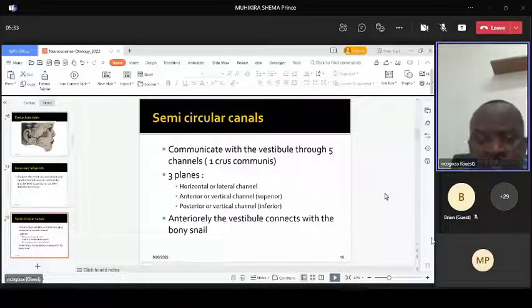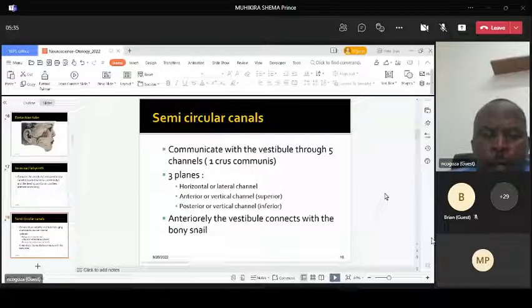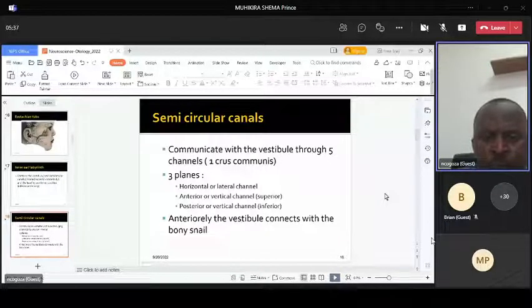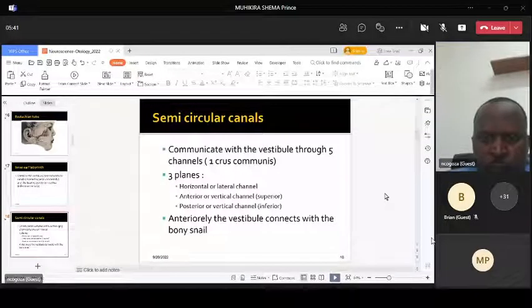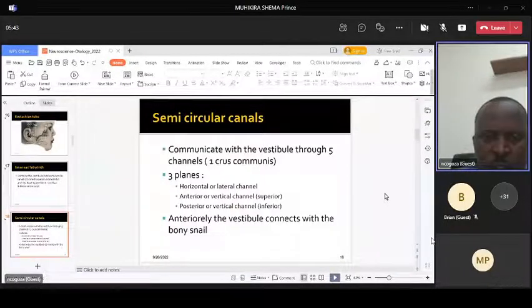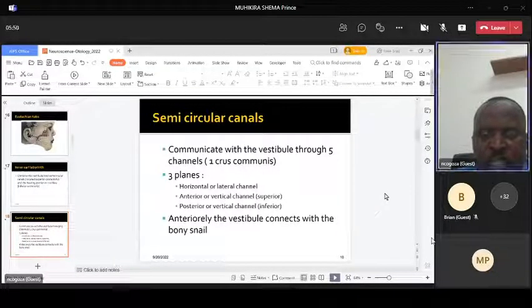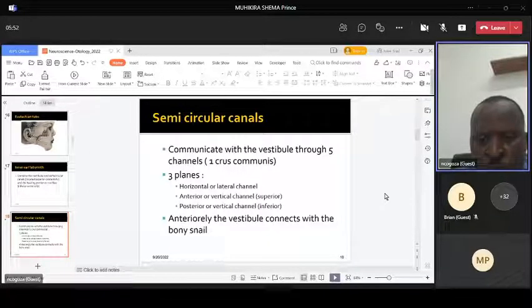For the semicircular canals, we have the lateral, the posterior, and the superior. So the lateral or horizontal semicircular canal, the superior semicircular canal, and the posterior semicircular